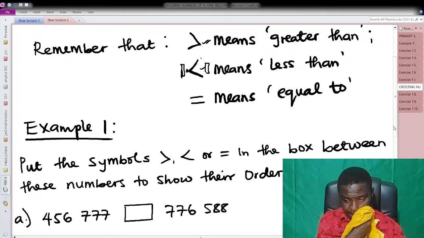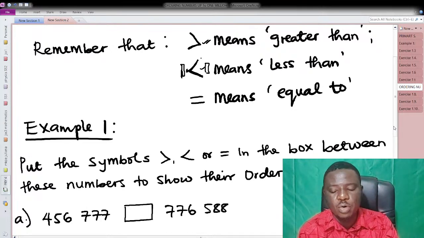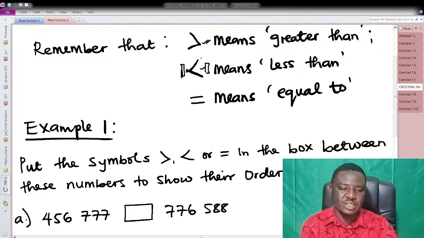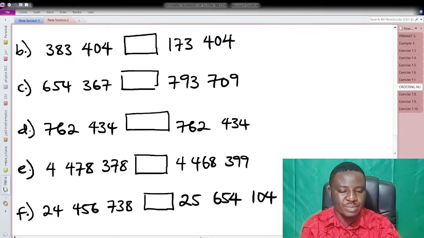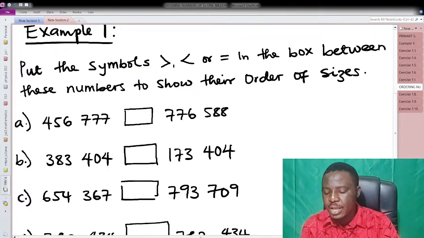So, example 1 says we should put the symbols greater than, less than, or equal to in the box between these numbers to show their order of sizes. Now, how do we show their order of sizes? You need to know which of them is greater than the other. Example A, we have